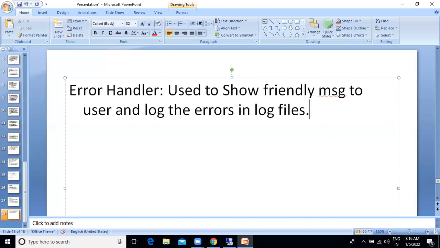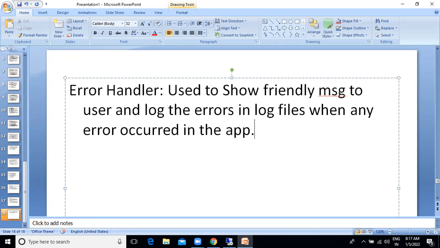Angular provided an error handler service, which is used to show a friendly message to the user and log the errors in log files when any error occurs in the application. Any error that occurs in the application, we're simply logging.